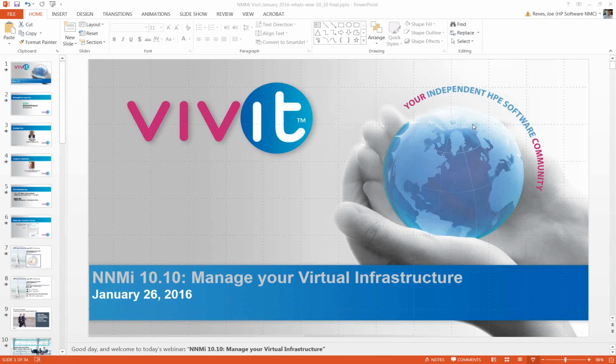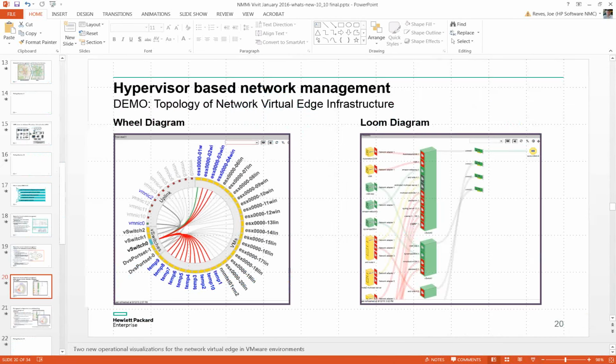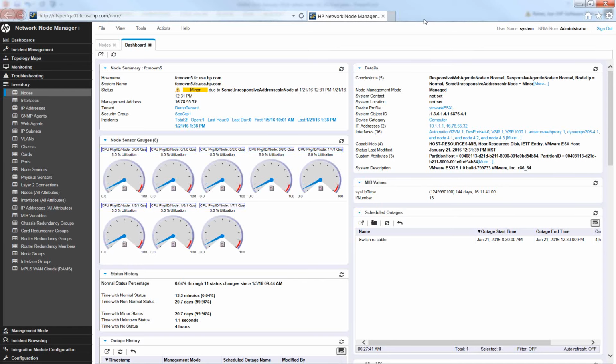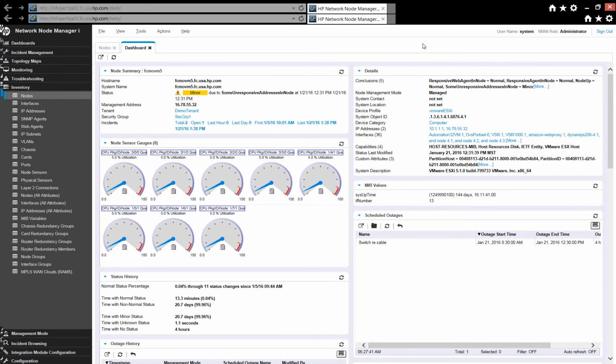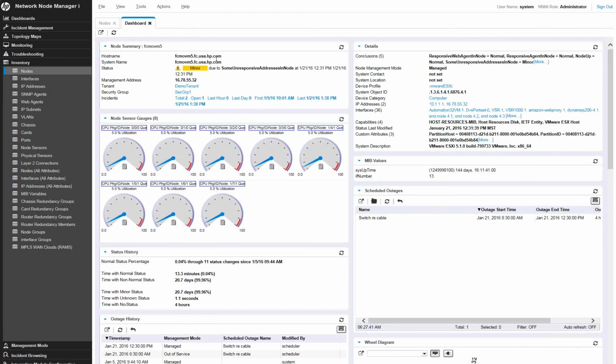I'm going to go to live demo now, and we'll take a look at what it will look like in action. So what you're seeing here is a dashboard for one of the ESX hypervisors. You can see some information about this particular node, a summary. You'll see some details about the polled SNMP values, node sensor gauges. This is a very lightly loaded lab instance of a hypervisor right now, but you can see